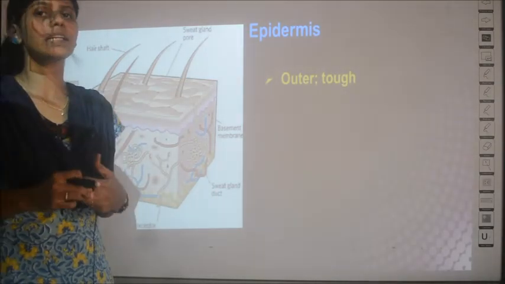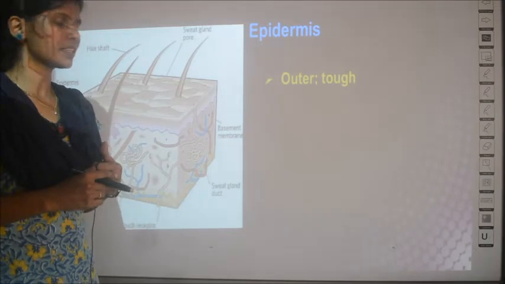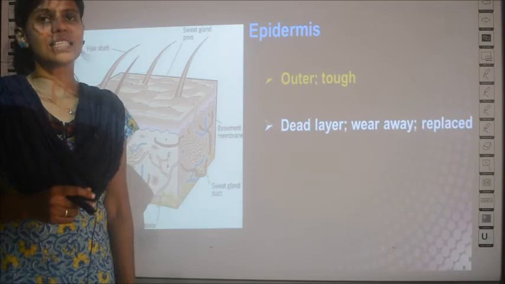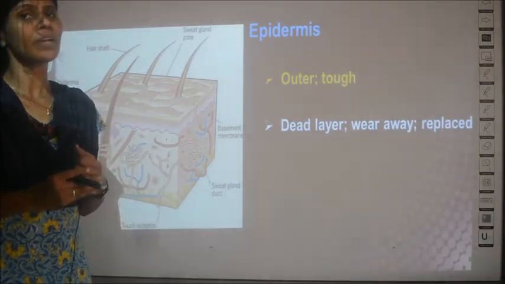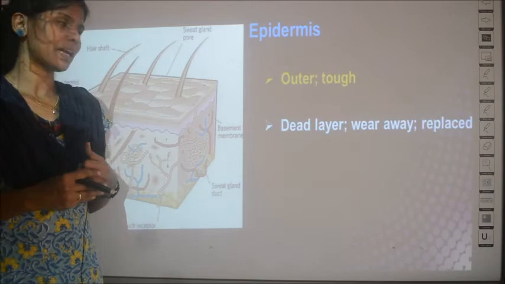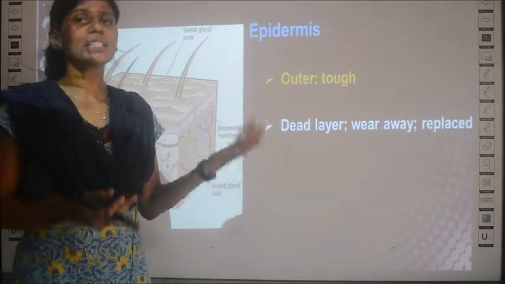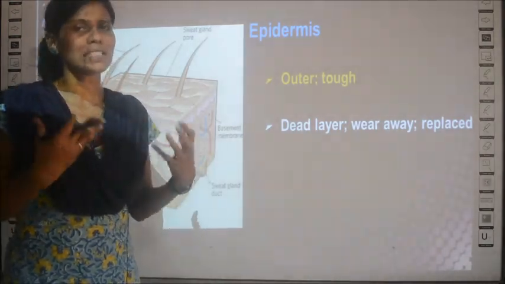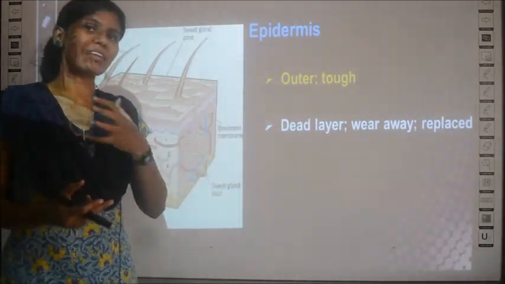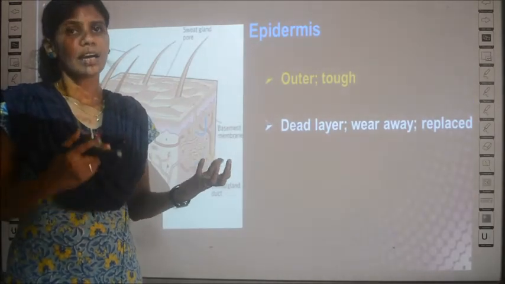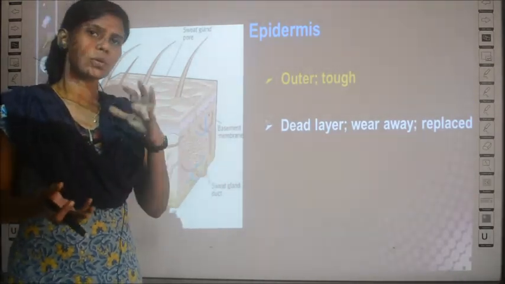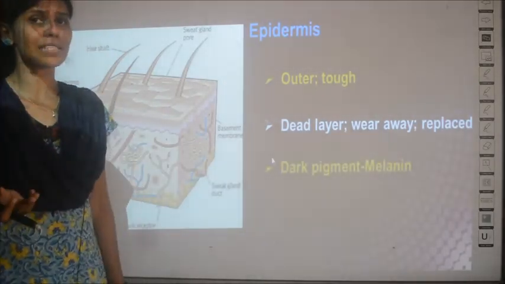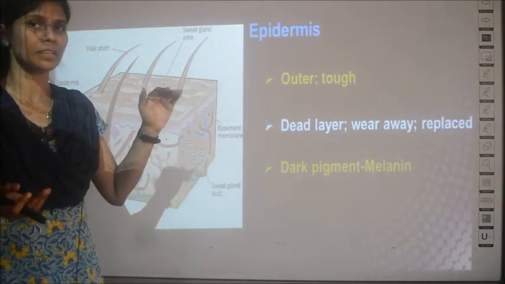Your outer surface of the skin is harder when compared to the inner surface. So why is it hard? It is made up of dead cells. It is a dead layer because most of the cells are dead, and they will be removed automatically. Whenever they are removed, they are replaced by fresh cells. This process happens by itself. Your body itself manages to wash out or wear away the old cells, and it will give new cells. Once the old cells are removed, they are replaced by the new cells. In which layer does this happen? This happens only in the outermost layer. Which is the outermost layer?